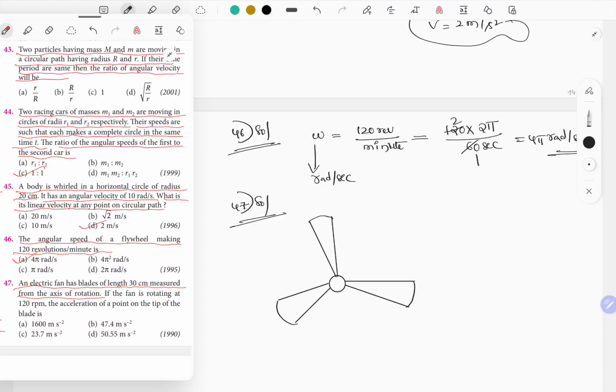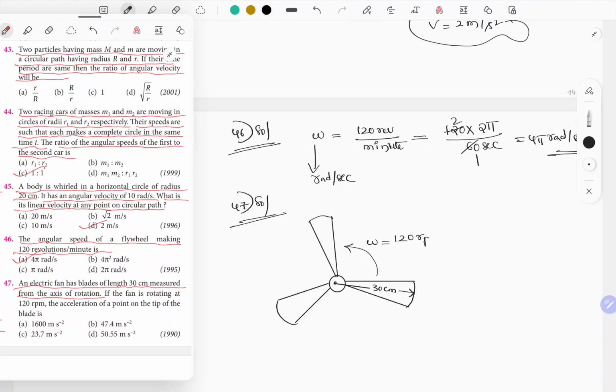So the length of the blades is 30 centimeter, measured from the axis. This is the axis of rotation. From this point it is 30 centimeter. Okay, next. What they're asking: if the fan is rotating at 120 rpm, so the fan started rotating with omega equal to